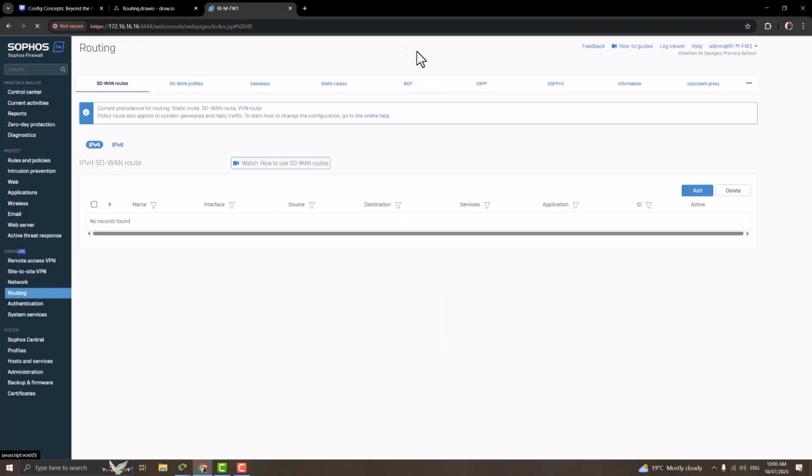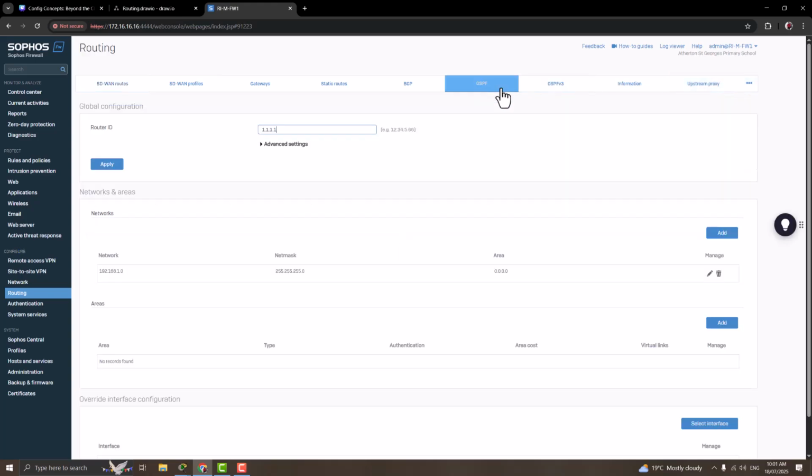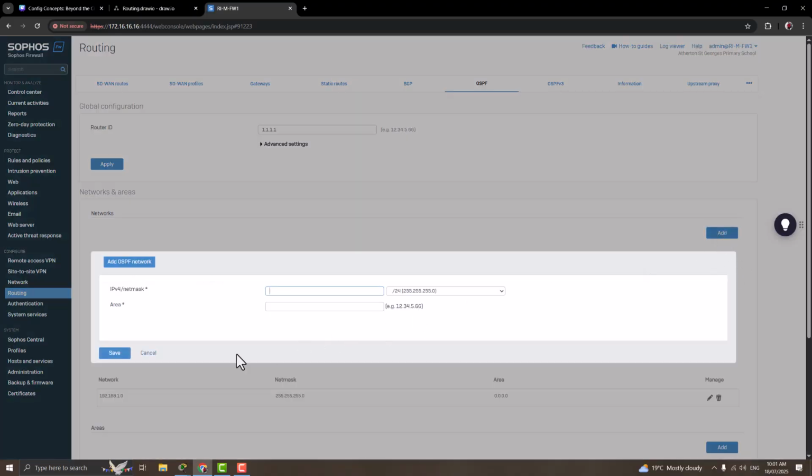So under routing, you will see the various types of routing configuration that you can perform here. You can even perform RIP and all of that. So you have OSPF here. Now on OSPF, you can configure your router ID. That's the router ID of that particular router, and then you can configure the network, right? You can add the network that you want it to advertise just by clicking on add,